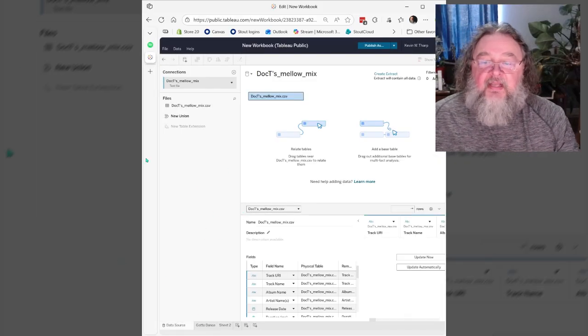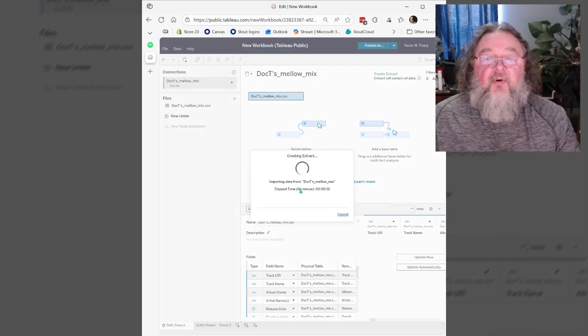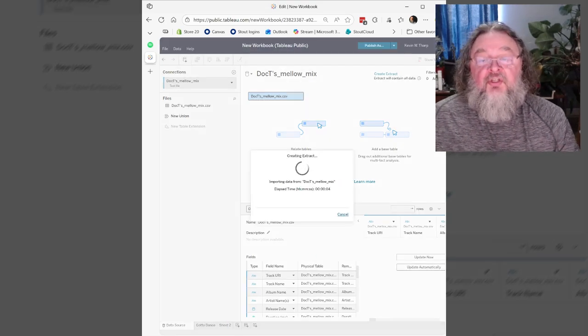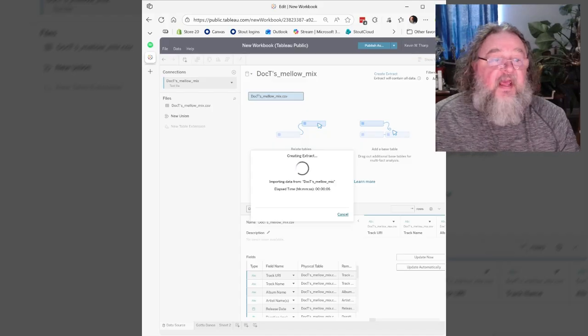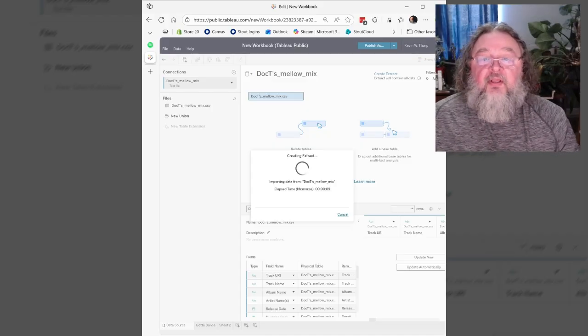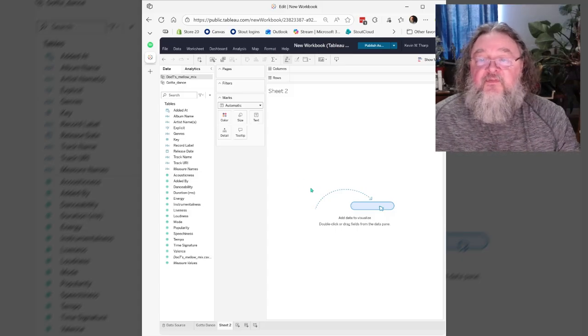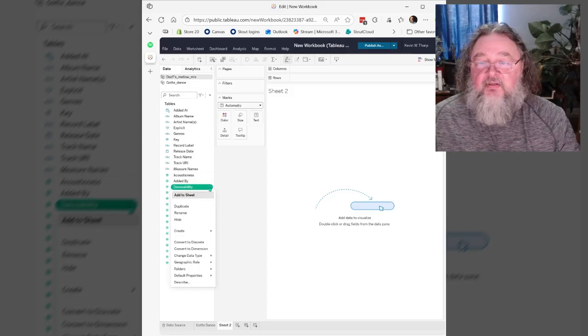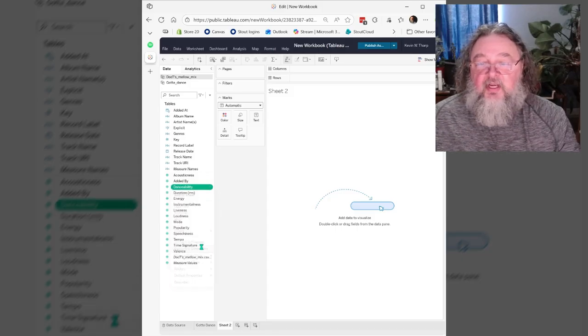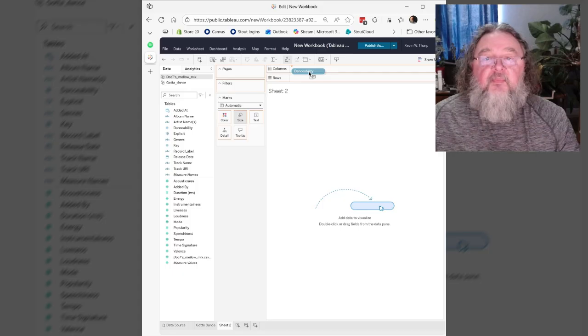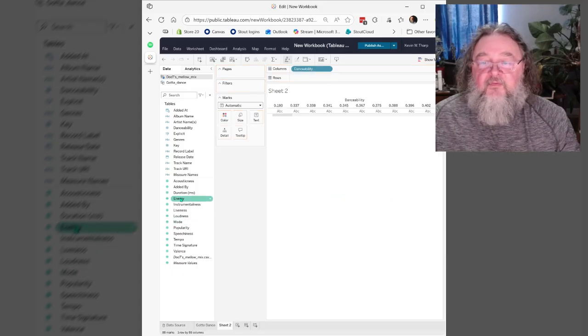And then when I do that, you'll notice it brings me back down into this data source. Doc T's mellow mix is selected in there. So when I click on sheet 2, it's going to process that data and bring it into sheet 2. Same thing is going to happen again as we go through. It is going to allow me to move that information. So I'm looking for danceability. I'm going to change that to a dimension so that I am consistent. I'm going to drag it up here. And then I was working off of energy,